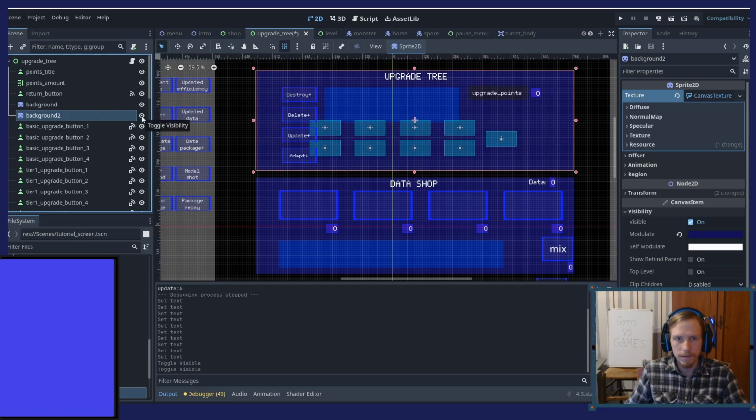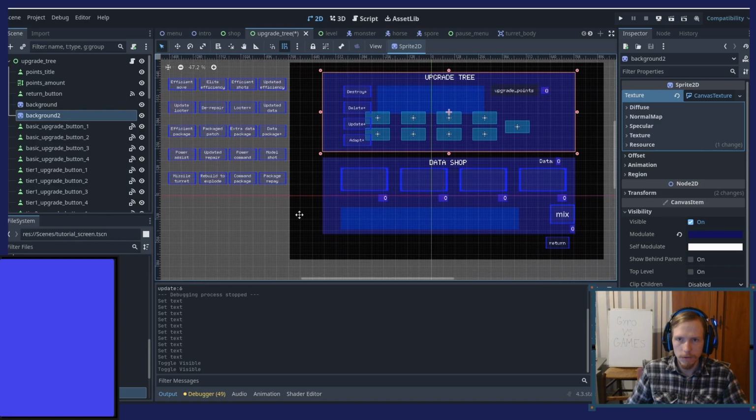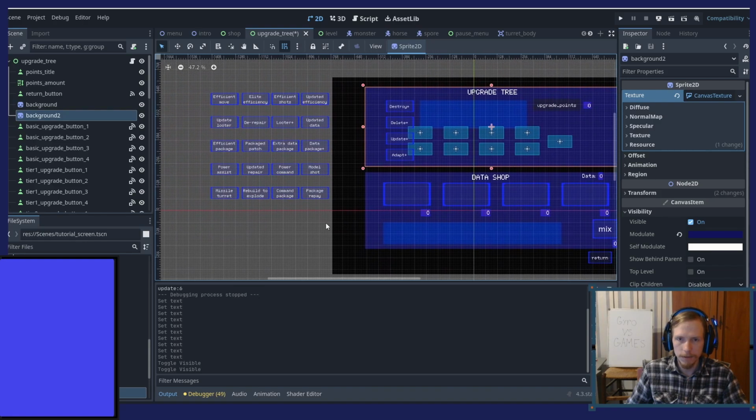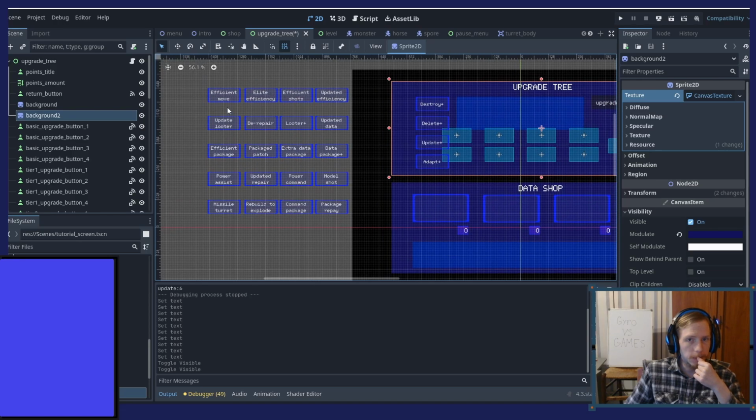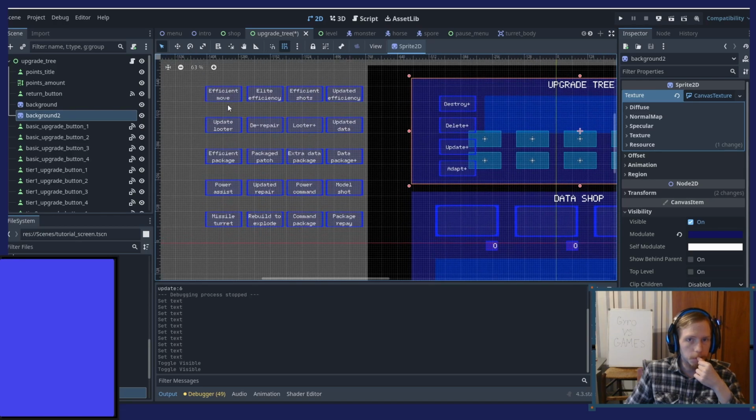Yeah, not exactly. It still needs some work. Okay, that's a task for another day. I'm not gonna get sidetracked. Okay, so I need some kind of... There isn't a lot of space inside those buttons.